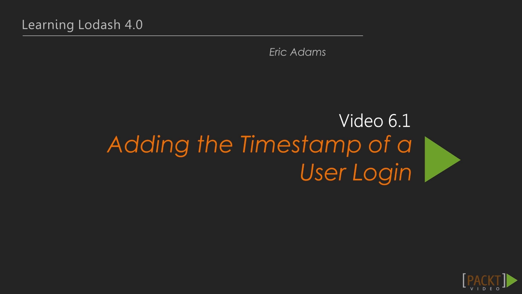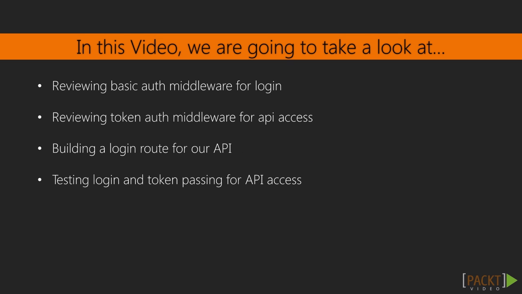login route to our API that will also mark the timestamp of a user's login. In this video, we are going to take a look at how we can log a user into the application using basic HTTP authentication. We'll review express middleware used to parse a basic auth header and validate a client auth